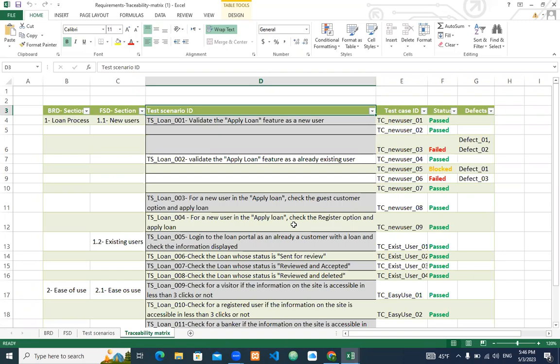And if you consider, we have test case ID as well. And test case ID, if you see, TCS underscore new user underscore 01, means it is possible that inside one scenario,